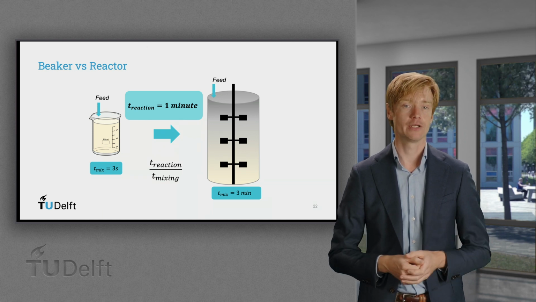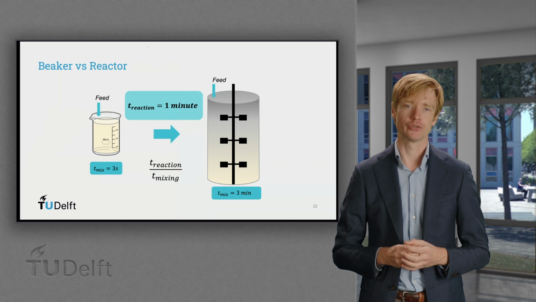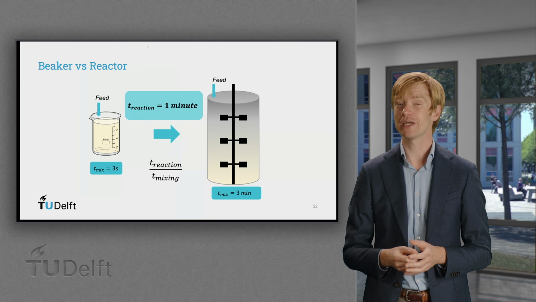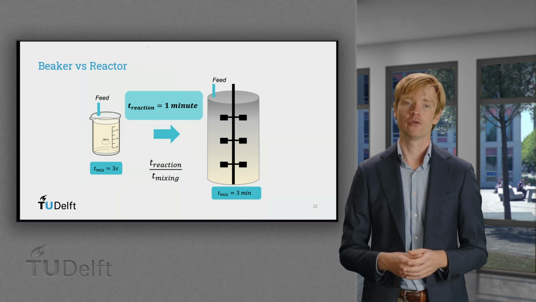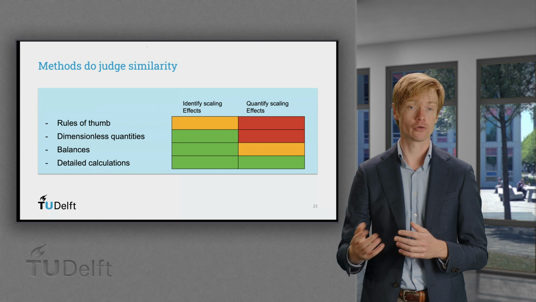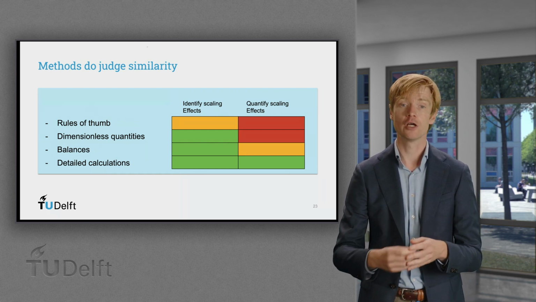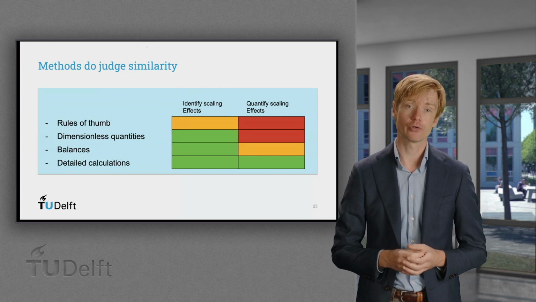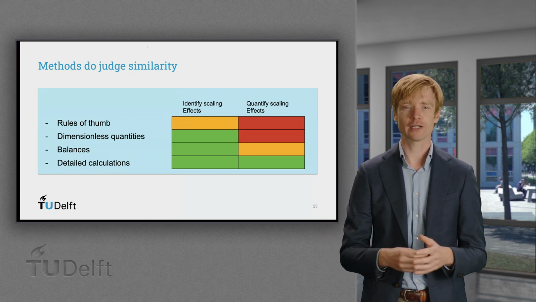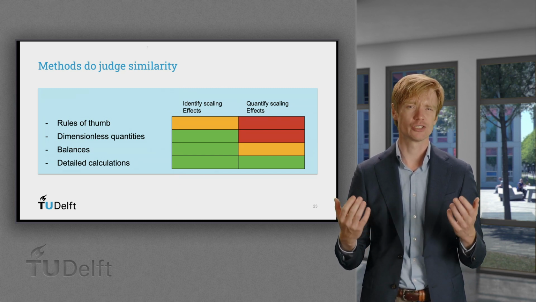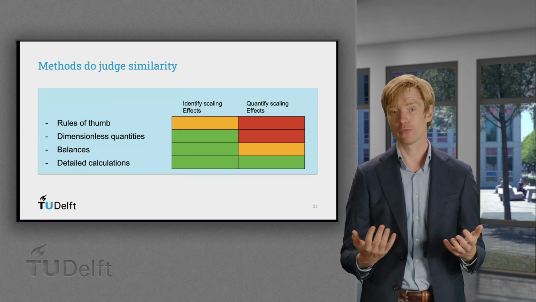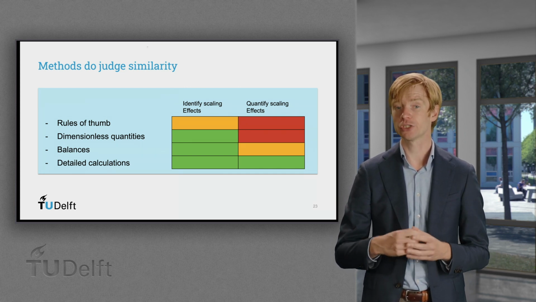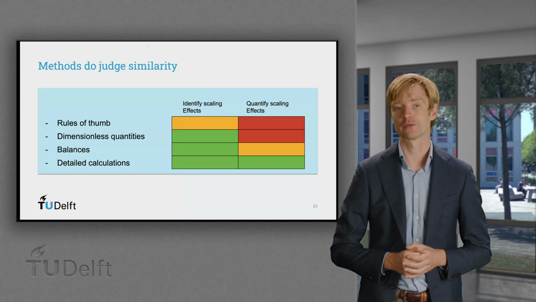A further question may be, what kind of impact do these scaling issues have? With some simplifications and added physical models, balances may already provide us with estimations. For example, you may be able to estimate the concentration difference in a certain reactant between the top and the bottom of a beaker, and the effect that this will have on byproduct formation. But for complex reactor configurations, such calculations become very elaborate, and far more detailed insight is needed, for which you may resort to fundamental methods such as computational fluid dynamics.